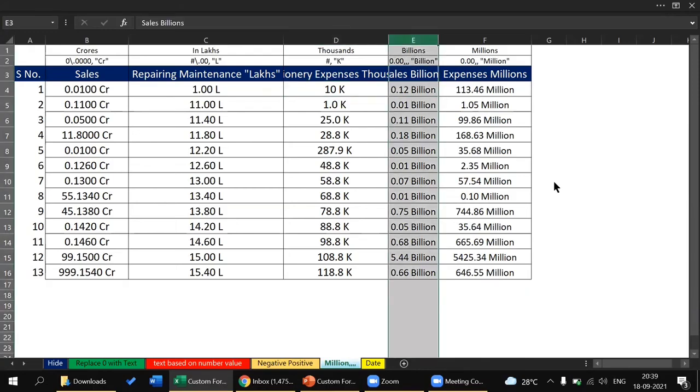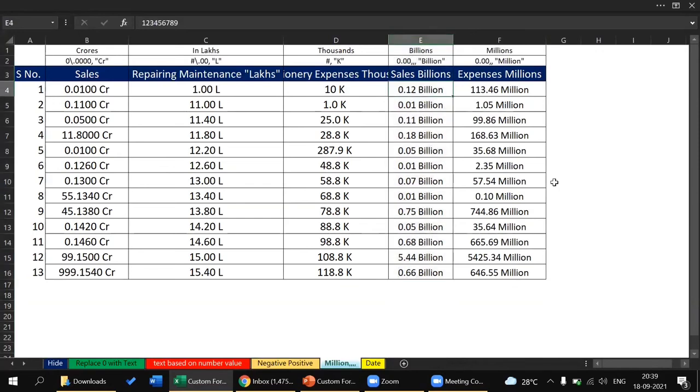Here, as you can see, the value is a 1 to 9 number, but it is being displayed as billions, and in this cell it is being displayed as millions. For that, I've just used these formulas. I will attach this sheet in the description for your reference.